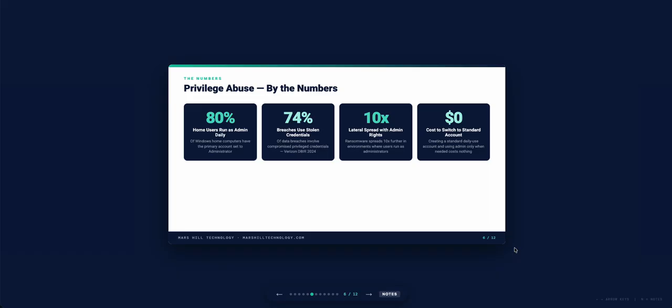Once you get everything set up, you basically just sign in to your admin account whenever you need to do a lot of configurations, or maybe set up another account on your computer of that sort. But make sure you set up a standard account. 74% of breaches use stolen credentials. If a threat actor gets access to your admin account, it's not hard to find everyone's user information and be able to upload that or sell that on the dark web when it comes to these